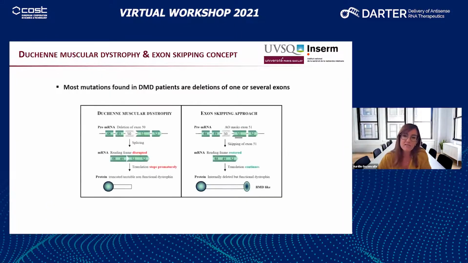And so the exon skipping concept has already been introduced to you. Just very quickly, most of the patients carry deletions of one or several exons. This is the example of a patient that would carry a deletion of exon 50. That would induce a disruption of the reading frame and the appearance of a premature stop codon and a truncated protein. The exon skipping approach aims at excluding an additional exon, in this case, for example, exon 51, because 49 and 52 are in frame,